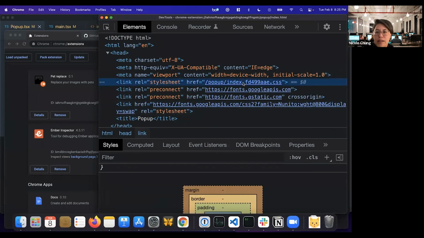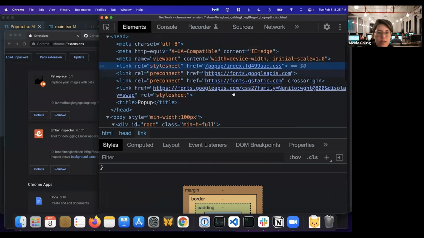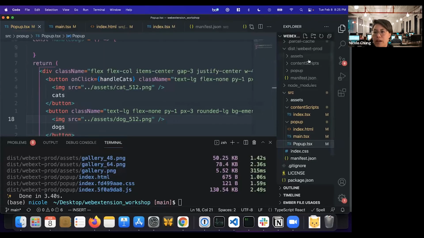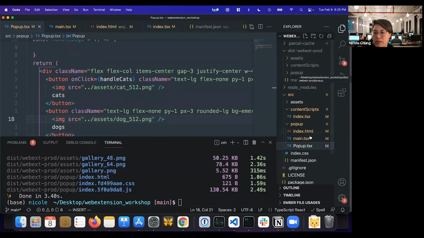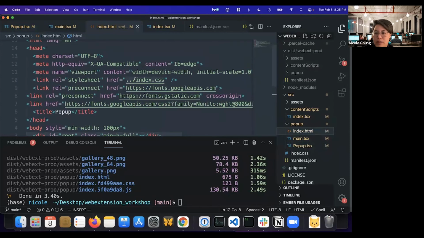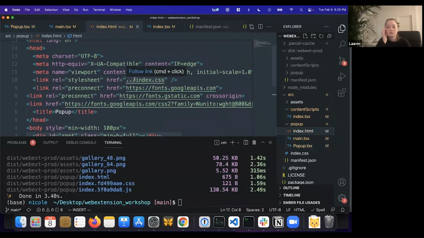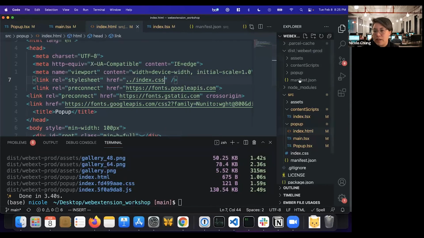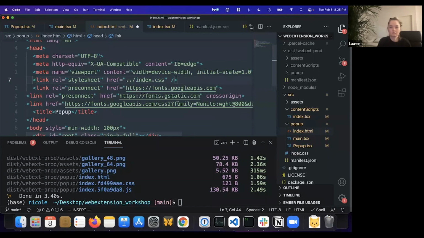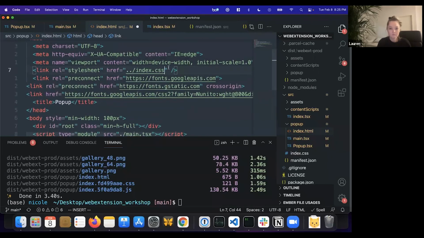Where is it here? That index is not linking to the right file. So if I go to index CSS, I don't see an index CSS over here. So that link is probably incorrect, right? Is that where all the Tailwind stuff's imported? Yeah. Because there's no index in the final build, right? So let's see if I inspect this. Is this link not